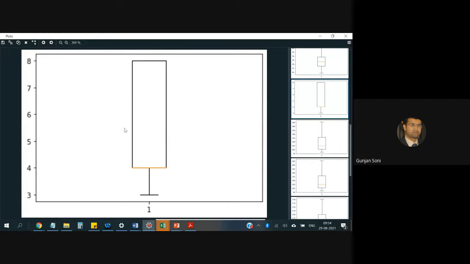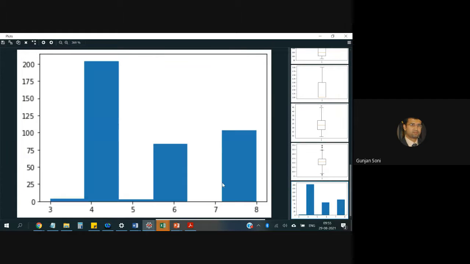By looking at the box plot, can I tell about the distribution of data across various cylinders? Give your opinion: box plot or histogram, which gives better distribution of data with respect to various values of x? So this is your box plot, and the corresponding histogram is this one.